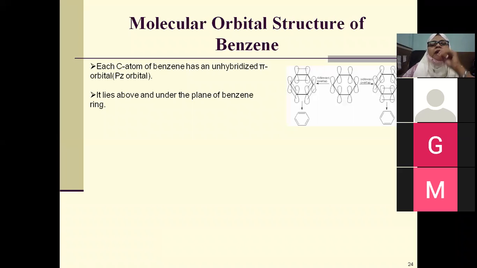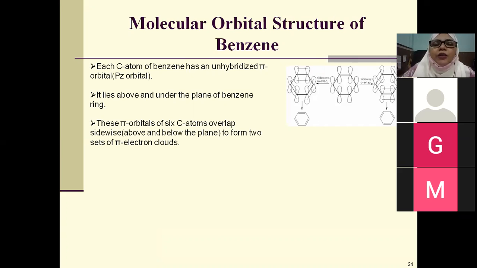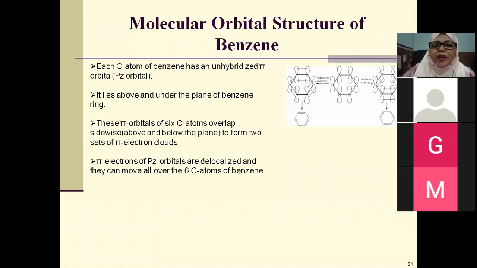So it lies above and under the plane of the benzene ring. So an electron cloud will be formed at the top and bottom of the benzene ring. These pi orbitals of all the 6 carbon atoms overlap sidewise above and below the plane to form two sets of pi electron clouds, one at the top and one at the bottom. So these pi electrons of the pz orbital are delocalized and they can move all over the 6 carbon atoms of benzene. As we have already been saying from the first lecture onwards,